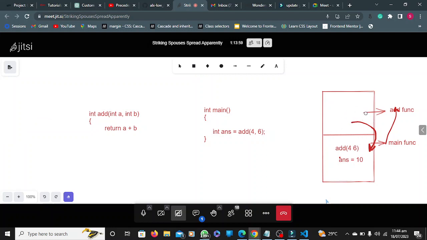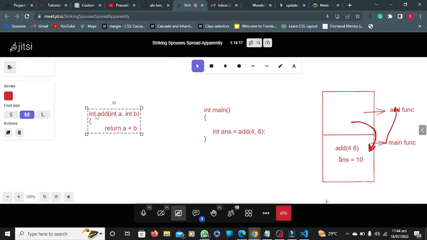That is, it is done executing. Then the control will jump back to the main function. The main function will now print out our answer. That is what we call a returning function. But we are talking about void. I said void does not return any